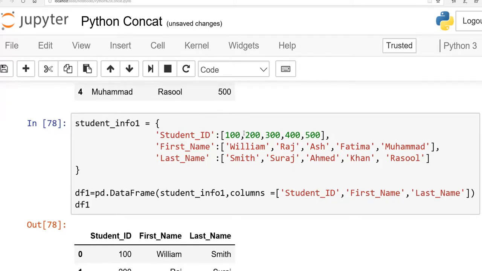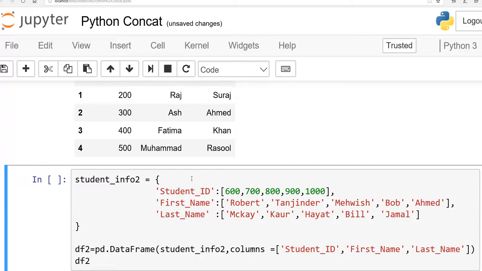Okay, same. Now we have made another data frame, and the name is student_info2, with student id, first name and last name. So I have added 5 new students, and their ids start from 600, because here our last id was 500. So now for Robert the id is 600, Tejinder id is 700, and so on.